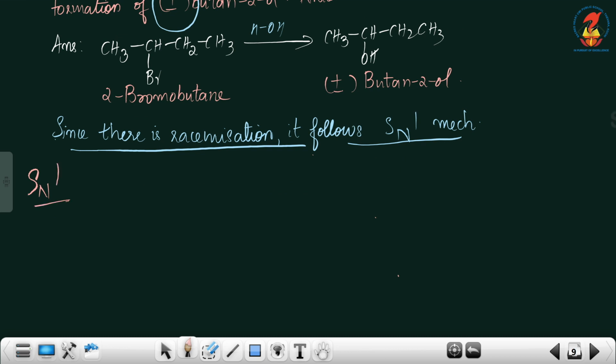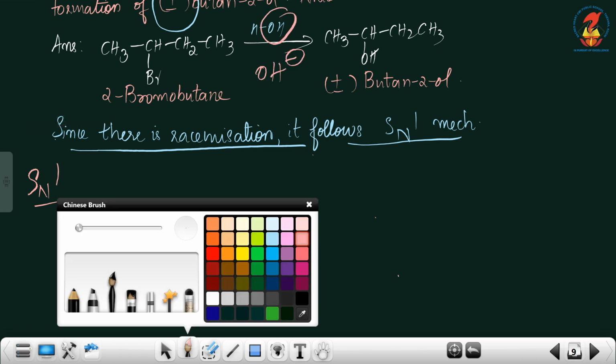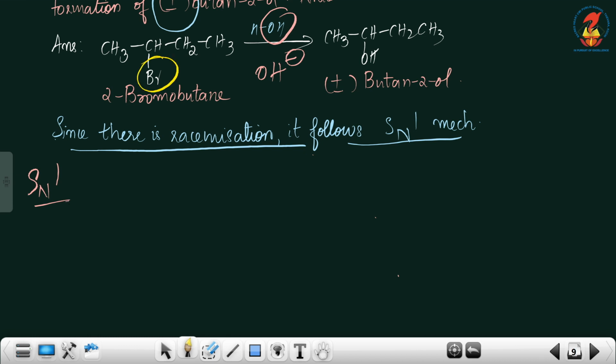So first we need to write the equation. So this is the equation we have. Hydrolysis means here the alkyl halide is reacting with water. Acidified water or alkaline water, the main reagent is water. Water, in all the reactions of water we need to write it as HOH. So the nucleophile present here also is OH minus. So here also the Br or X will be replaced by OH. This is the basic reaction happening.